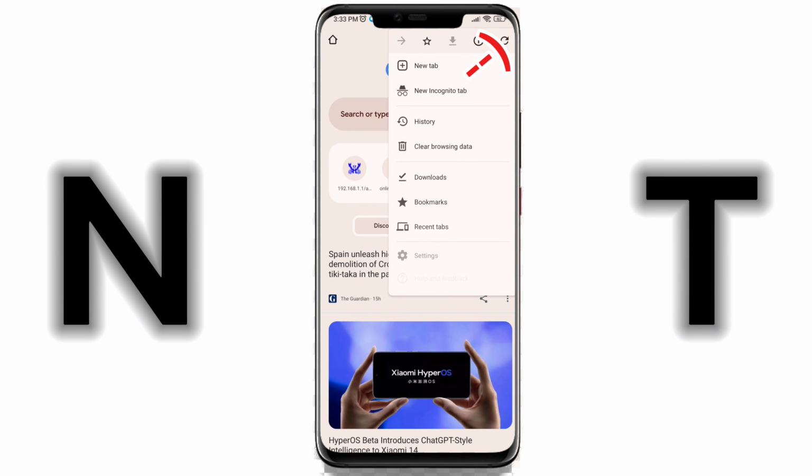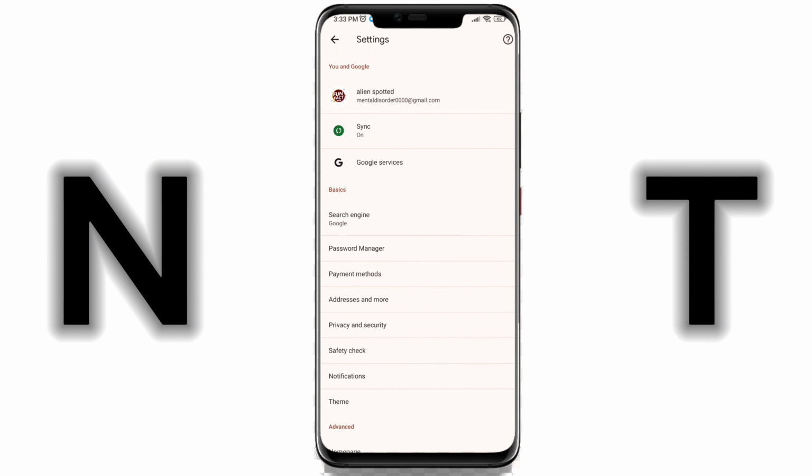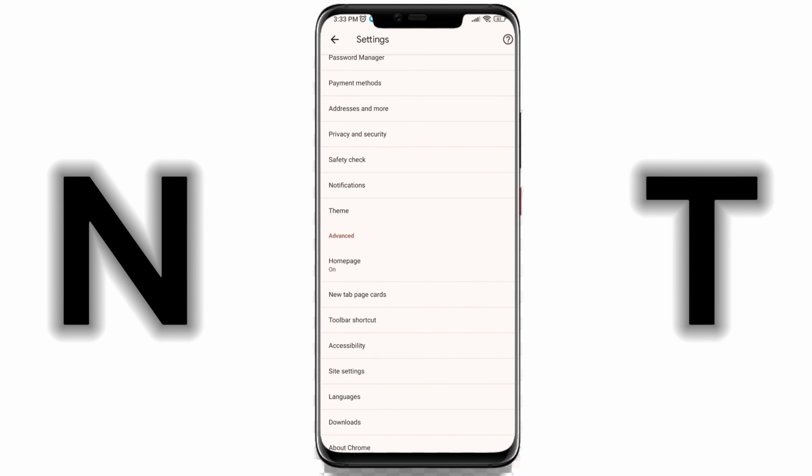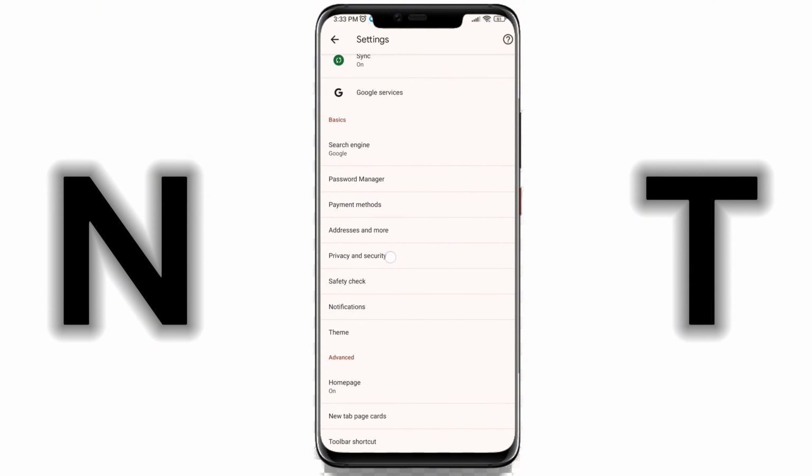Firstly, press on the three dots on the top right. Press on settings and then you will be redirected to this page, and here you can search privacy and security. Press on privacy and security,